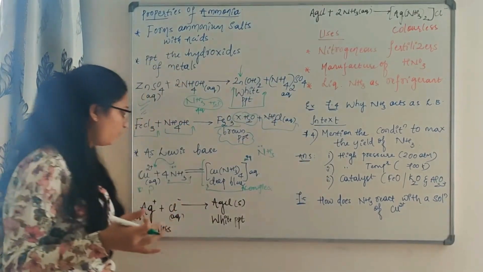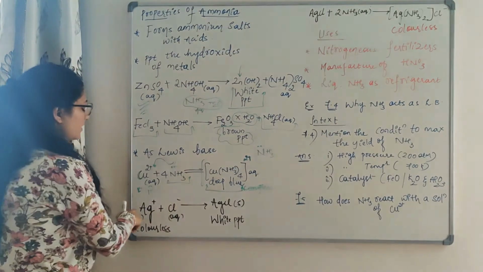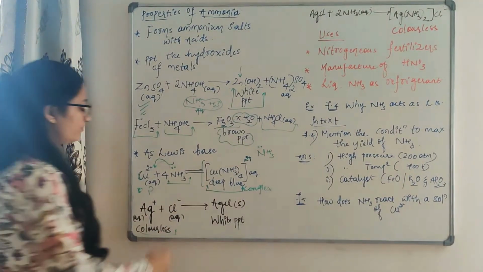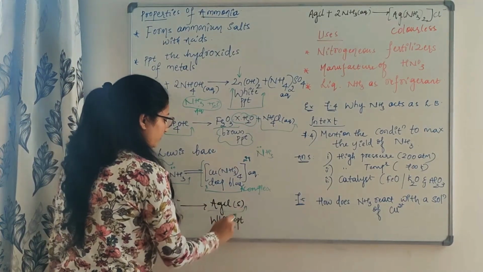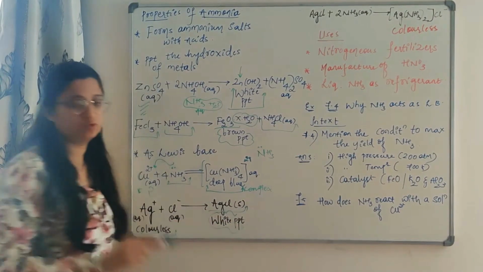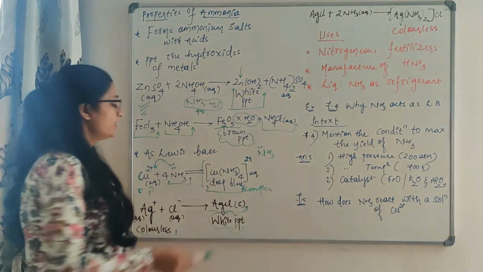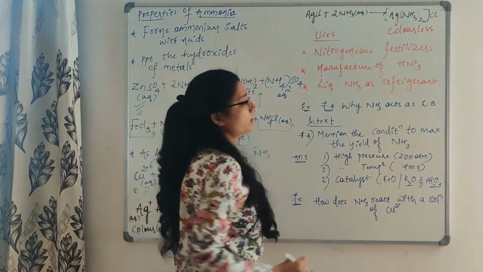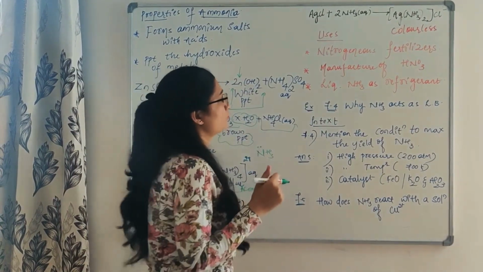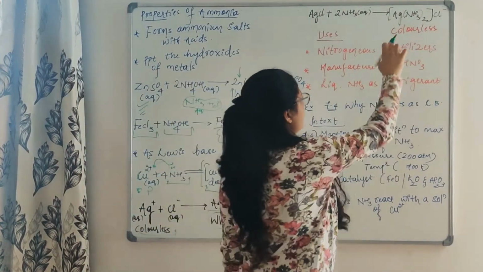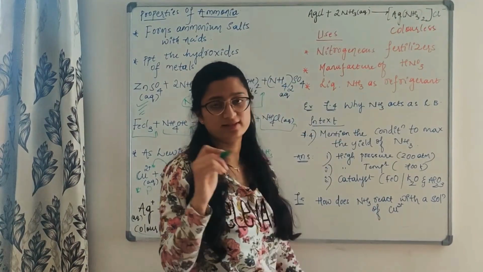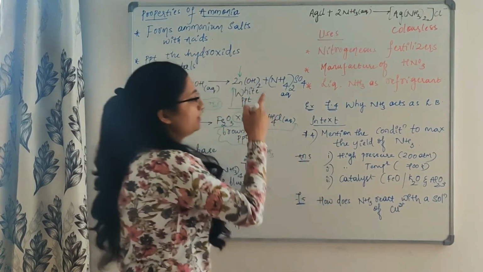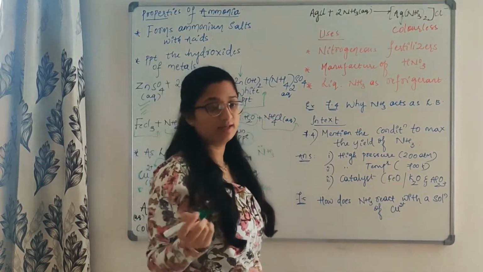The second important thing is, you know that silver and chloride, which is silver, which is a colorless, will form an AgCl solid which has a white color. So there is a formation of white precipitate. The same white precipitate, silver chloride, when we are reacting that with aqueous ammonia solution, what we are going to get is Ag(NH3)2+ and Cl minus. So here also there is a complex formation, and the color of this is colorless.